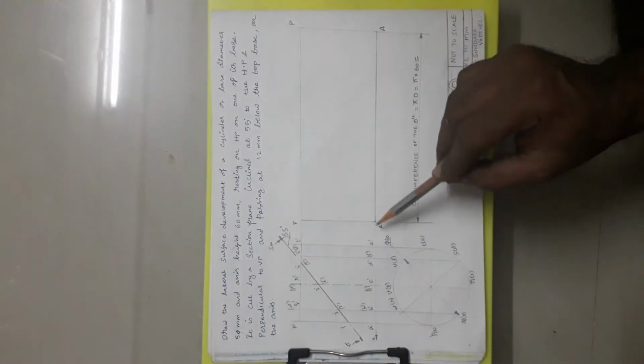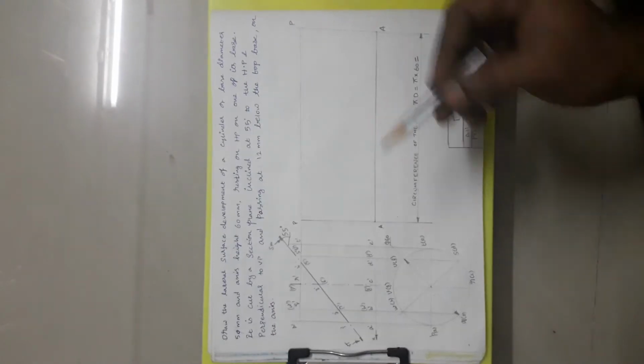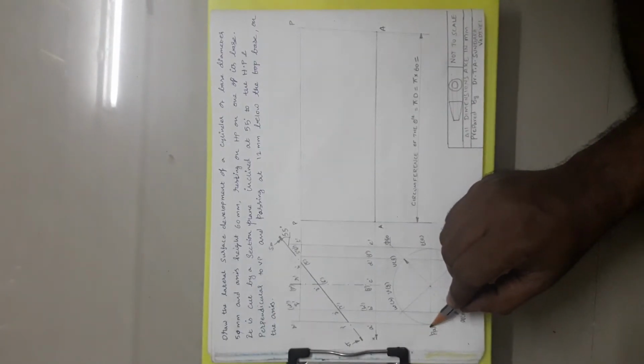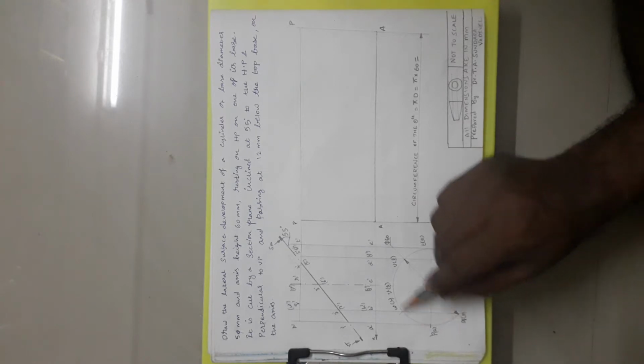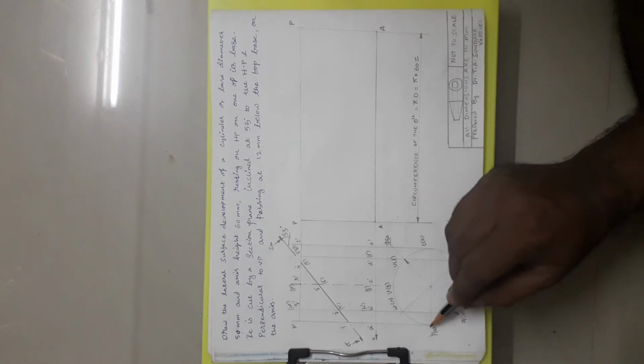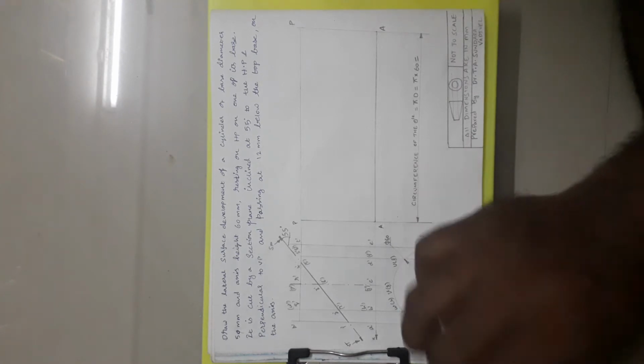Okay, so in the development, the assumption is that we are cutting the edge PA, the line PA. PA is nothing but a vertical generator. So we are cutting the line PA and unfolding it. We are unwinding it. When we are unwinding, this PA will come on both the edges. Just think we have a cylinder and we are cutting that cylinder on one line, and when we are unfolding it, we will get a rectangle.